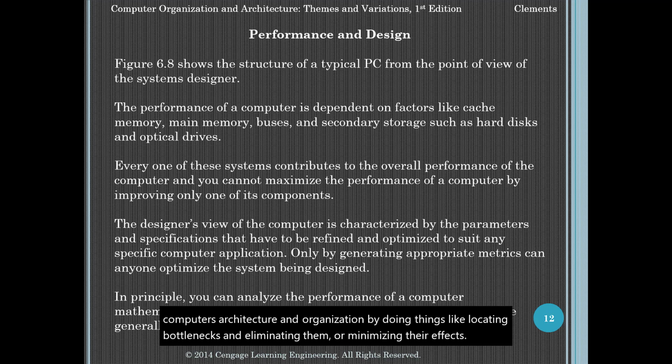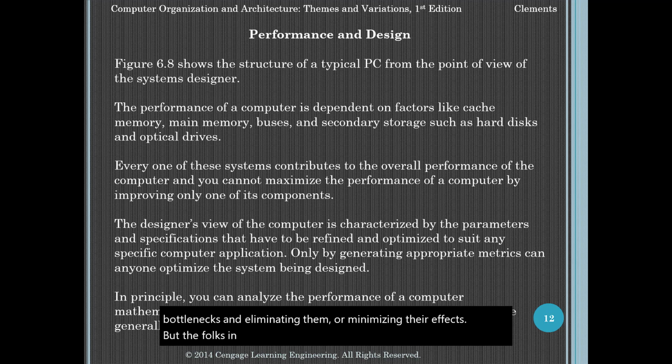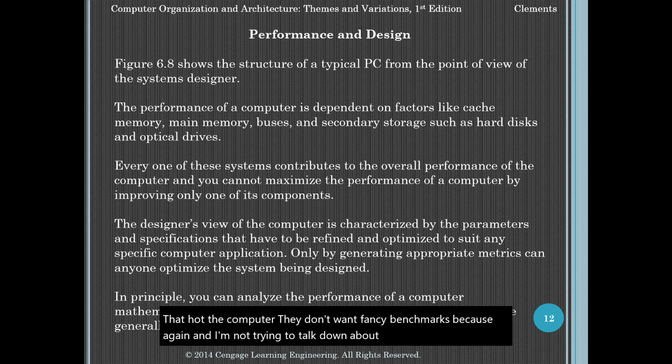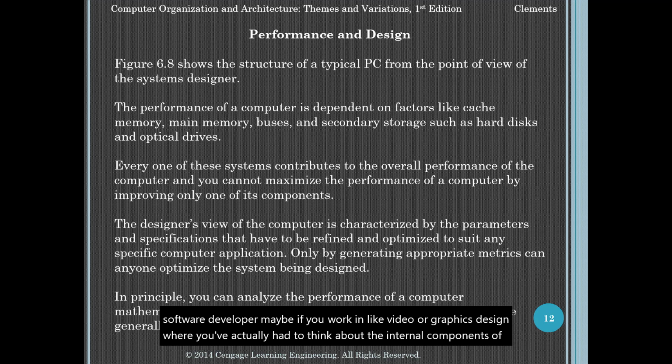But the folks in marketing and sales who hawk the computer don't want fancy benchmarks, because, and I'm not trying to talk down about anybody, the modern consumer is not prepared to judge or accurately think about computer hardware unless they've been through or are in the computer field. If you're a computer scientist, a software developer, maybe if you work in video or graphics design, where you've actually had to think about the internal components of your computer from that standpoint,